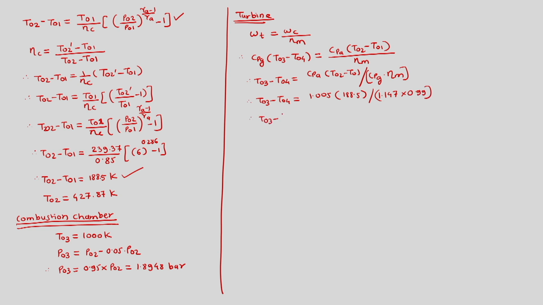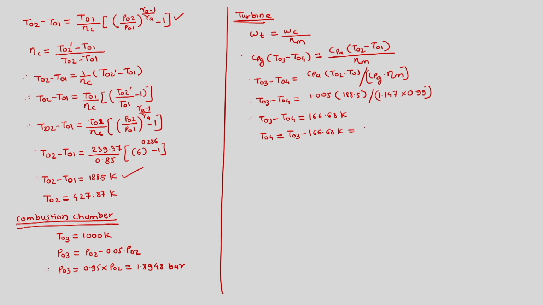So T naught 3 minus T naught 4 is equal to 166.68 Kelvin. From here we can find out T naught 4 is equal to T naught 3 minus 166.68 Kelvin,